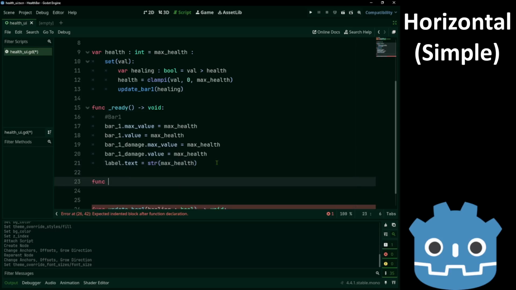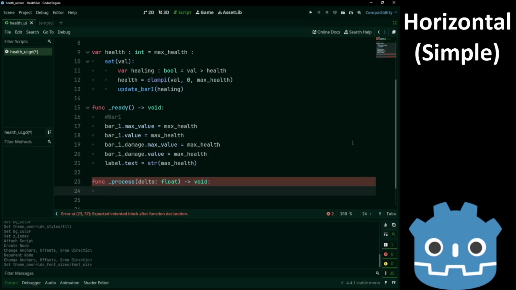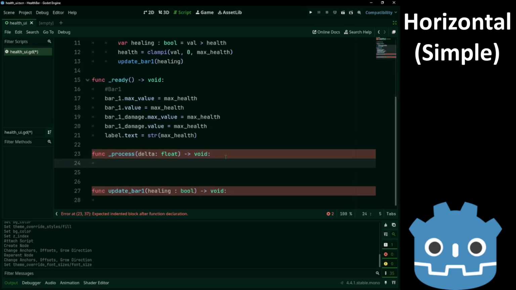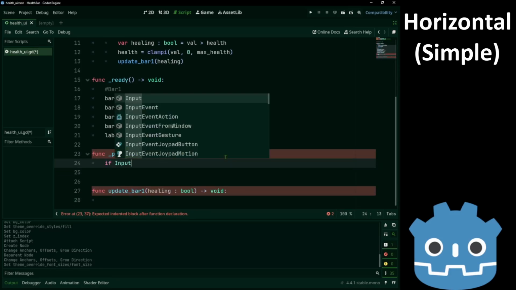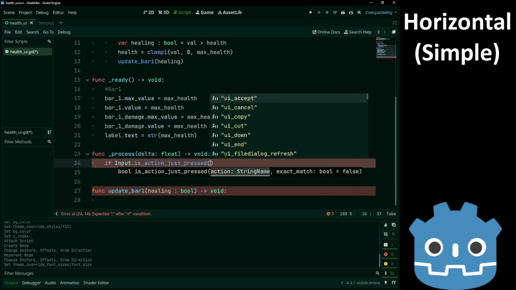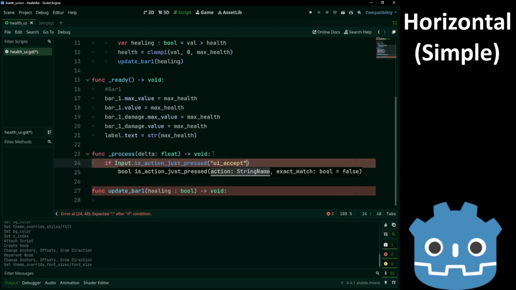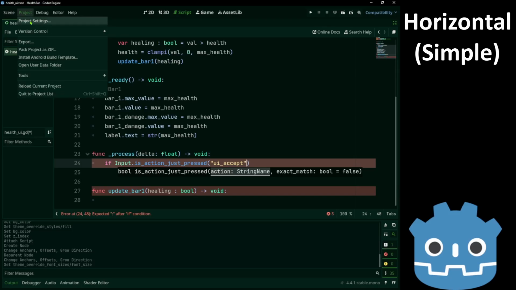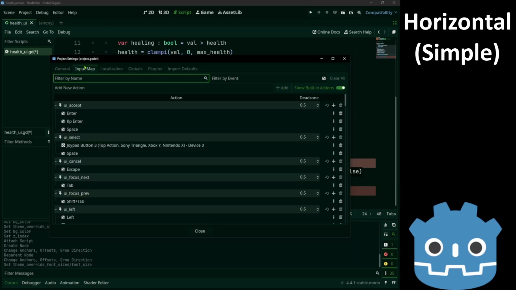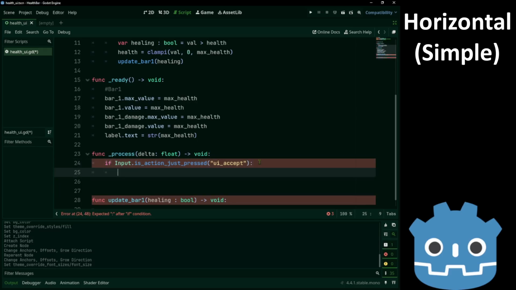Now, in our process function, we'll make sure that we can change our health. If input is action just pressed, we'll use the UI accept. We can go in the project settings, in the input map. This is the enter key, keep at enter and spacebar. Heal by 10.